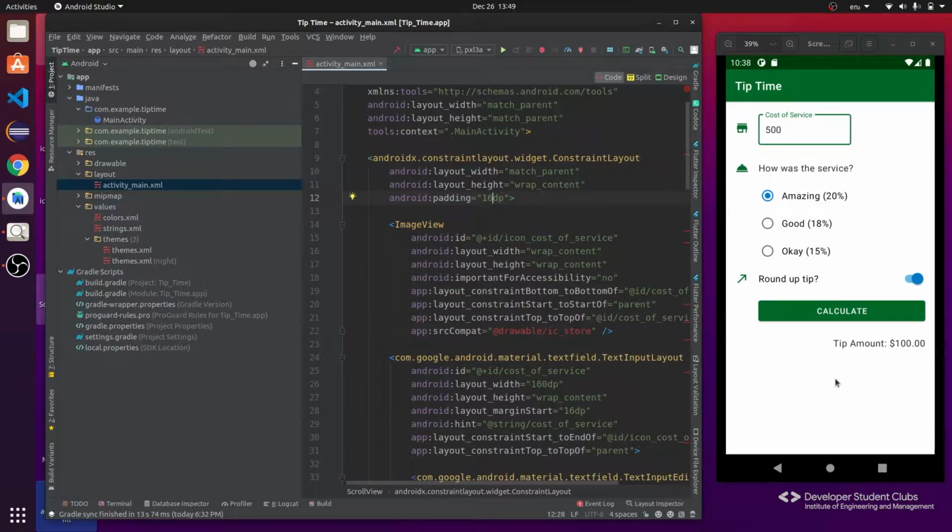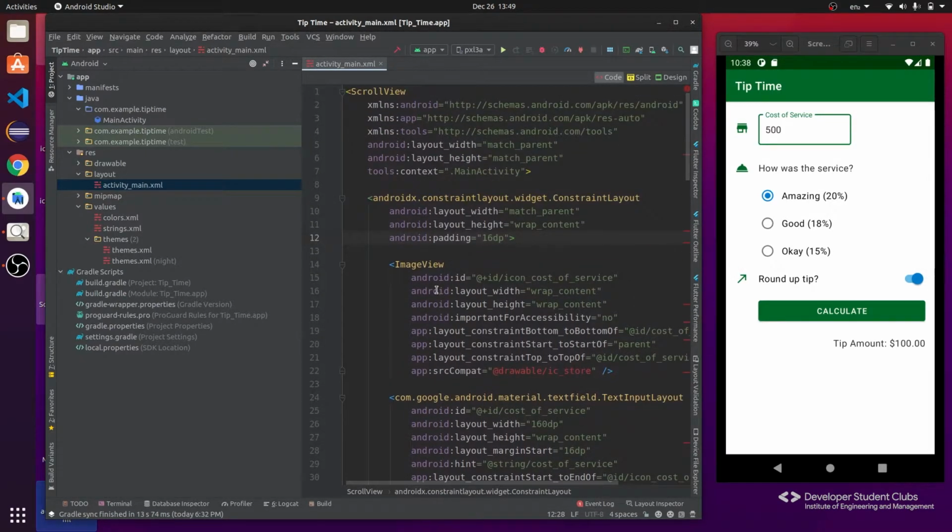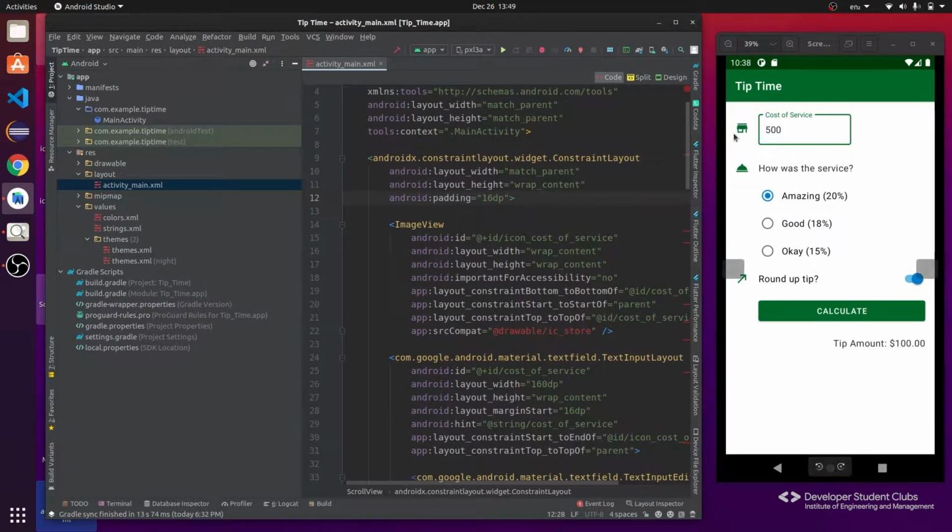So that's why you use SP for font size management, and DP for any measurement management like padding, margin. Okay, so that's it. Next, we have the image view as a child of the constraint layout. This is the image view that we are using, and right now it says that drawable IC store has an error because we don't have the icon available under the drawable folder. So first of all, we will import all these three icons that we will be using.